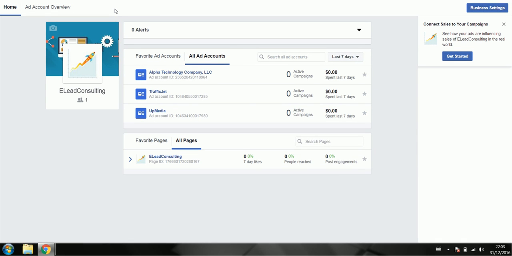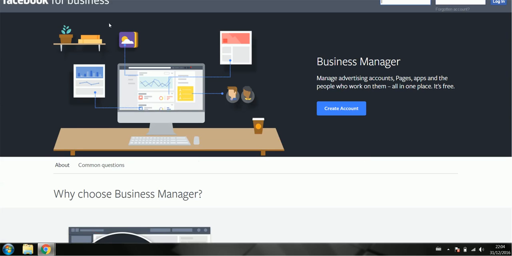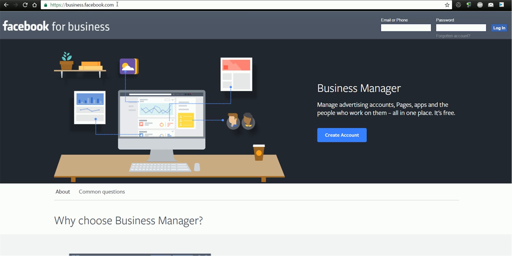So the first thing you want to do is go to your business manager. You can also do it through your personal ad account. So essentially what you would do is you just go to your ad manager and then start from there. Or what I recommend is you make a business.facebook. It's very simple. All you do is you go to business.facebook.com, which is over here, and then you just log in through there,